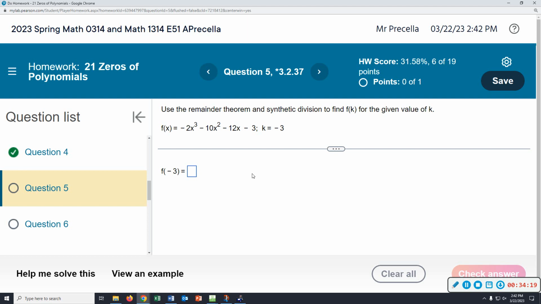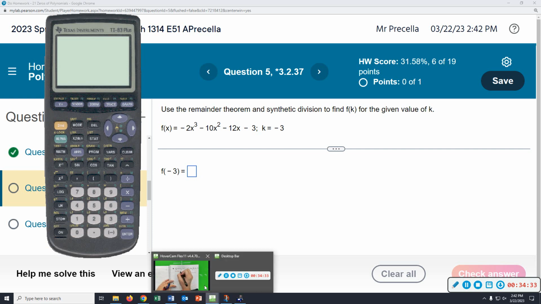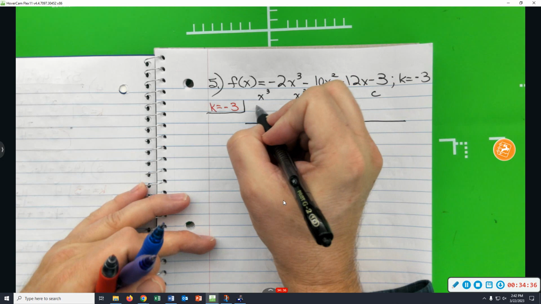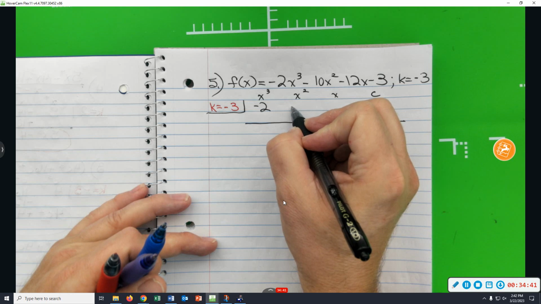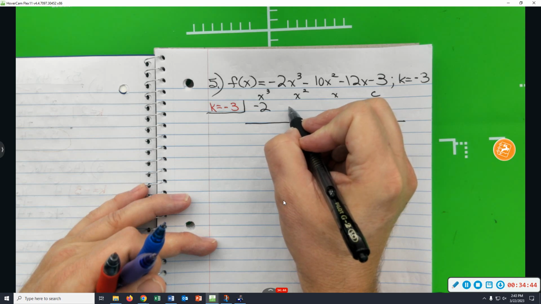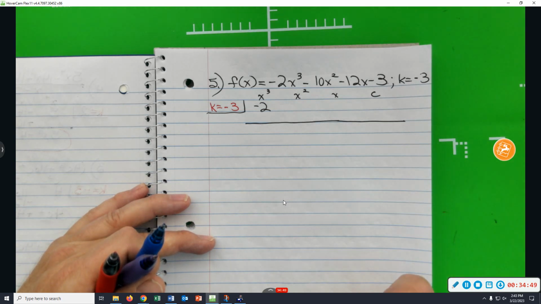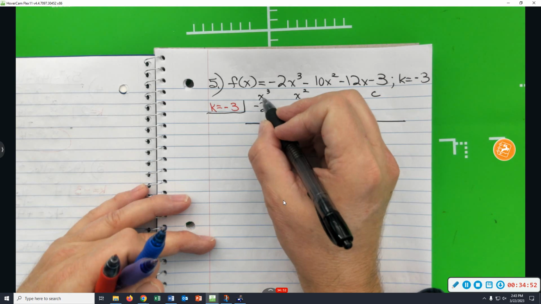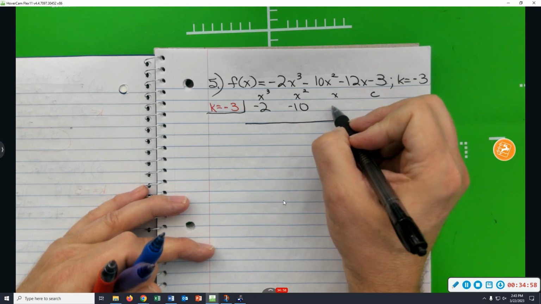Okay, but y'all do understand, you could just take -3 and plug it in there for every x and use your calculator. You do that, okay? And let's see if it's the same thing as what I get here with synthetic division. So I have my column headings: x cubed, x squared, x, and then no x. And here I have the coefficient of x cubed is -2, the coefficient of x squared is -10, the coefficient of x is